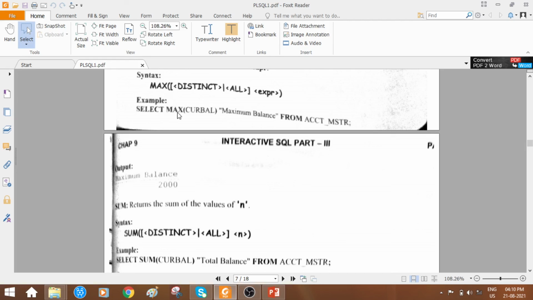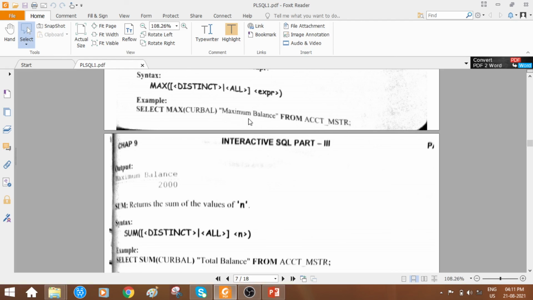For the example, just check out. Select the aggregate function max. In terms of expr, what is used? Current balance. From which table? From the account master table. And what column heading have we taken? Maximum balance, right? So select the maximum value from the current balance column that exists in the account master.